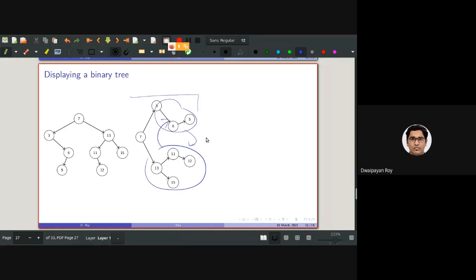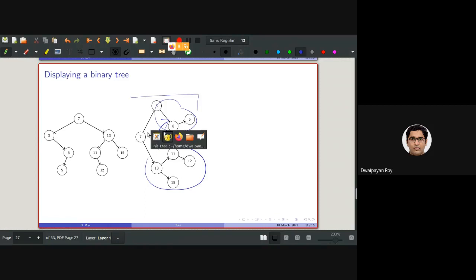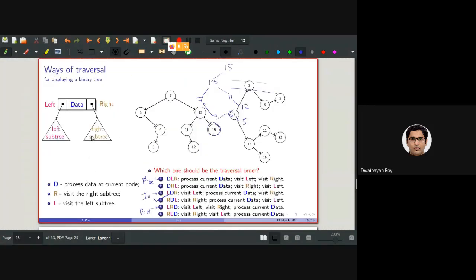The way I should have been writing this is, in the in-order traversal, this is basically one variant of it. In in-order traversal, I traverse left, then data, then right, and here I need to traverse right, then data, then left.